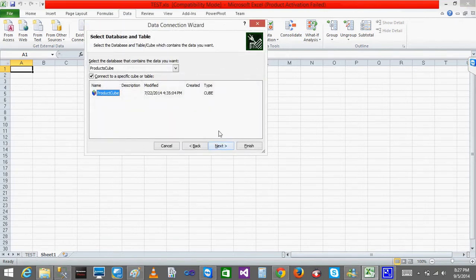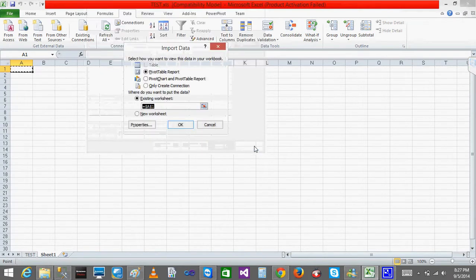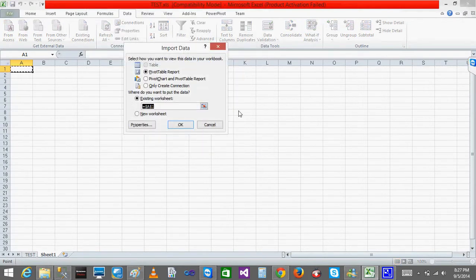Now when I open, I have added multiple cubes here. So I want the cube, see here, select the database that contains the data you want. So I want the users practice class, done. I got the cube name, I will select the cube name and click next. When I click next, it will ask you, okay, everything is done, finish. Now when I click finish, basically it will ask you whether you want to show it as a pivot table report or pivot chart. I will select the pivot table report, and when I click